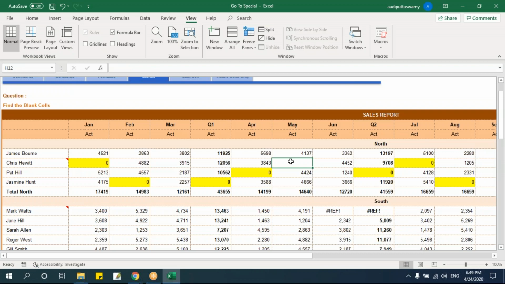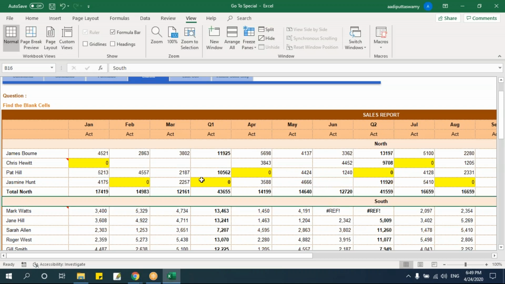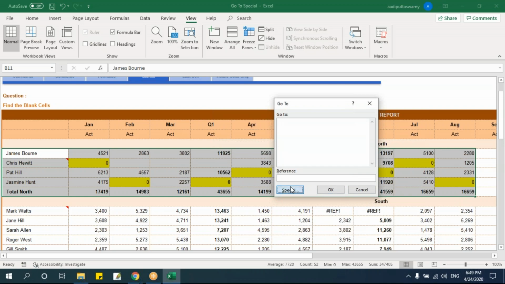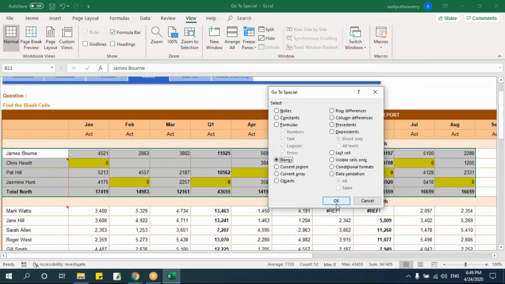And one more option I just remembered. Suppose I have a space here. Now here let's take some blanks, and here again I have some space. So here I have a few blanks and some blanks which have got a space. Now let me select here, say Control G and Special, Blanks, say okay.